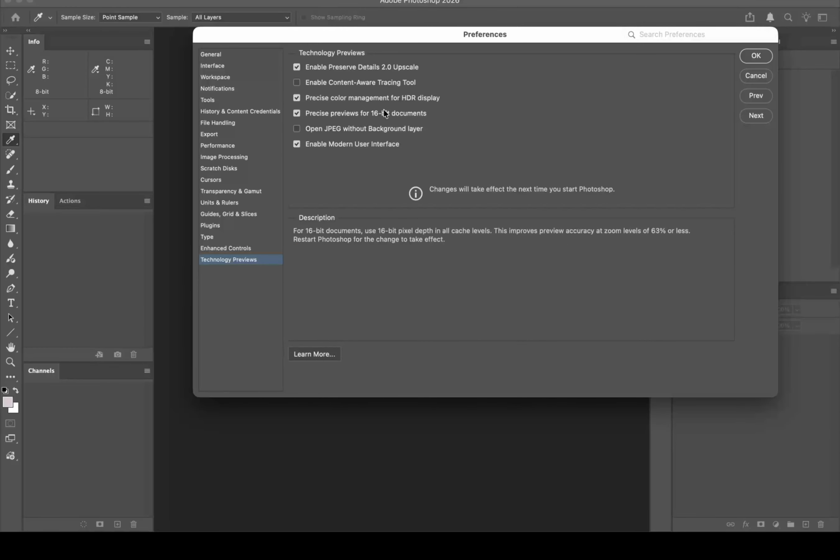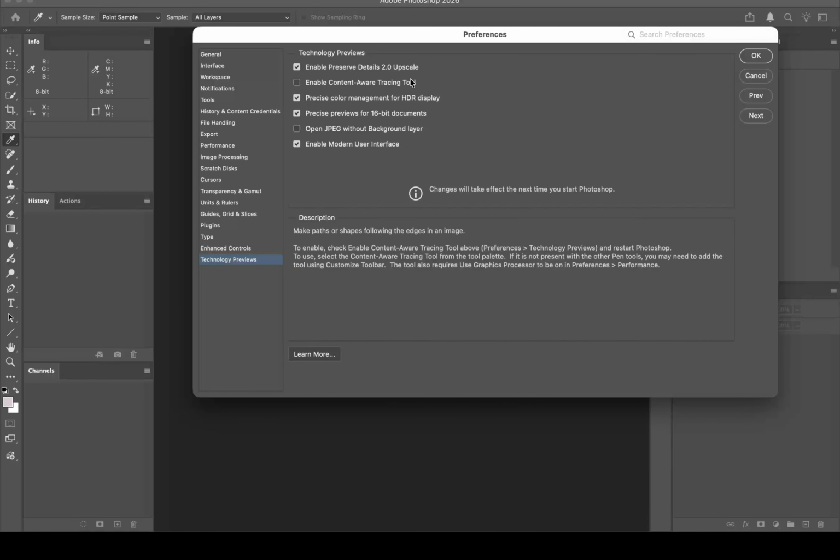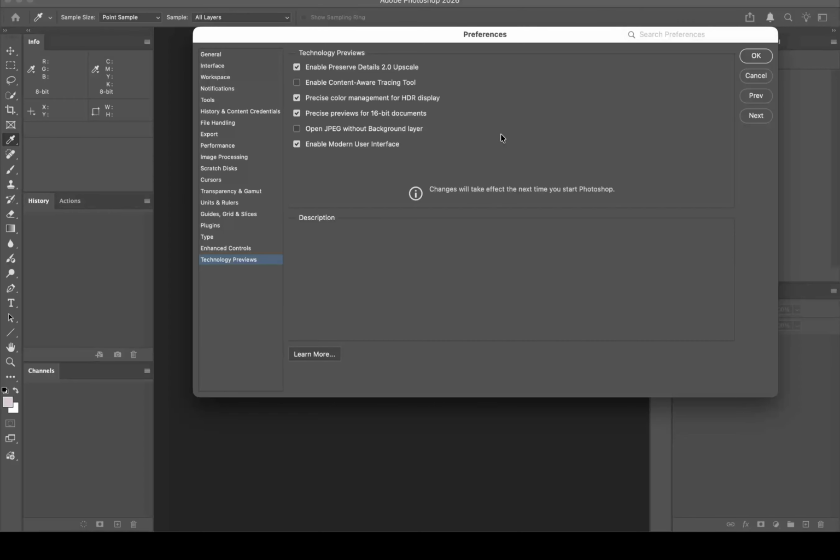Is there a reason to enable content where tracing tool is off? Yeah, I don't use this, so I don't even know what it is. Is it on or off by default? It was on by default. I'll look it up someday and figure it out. But anyway,